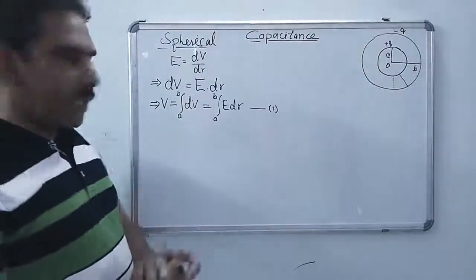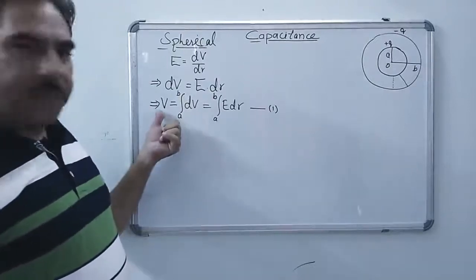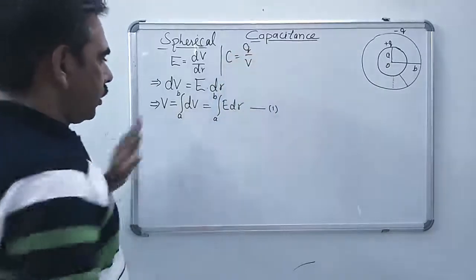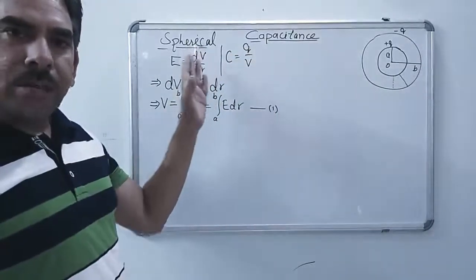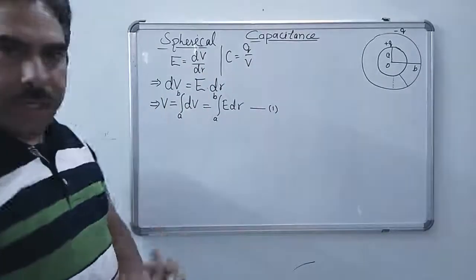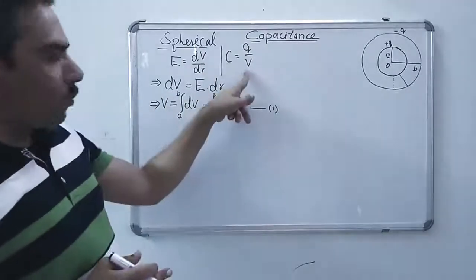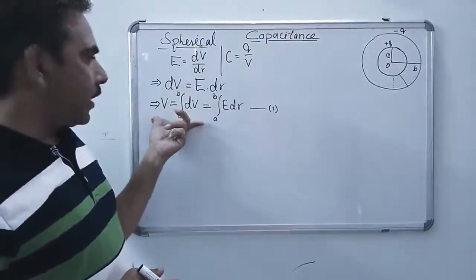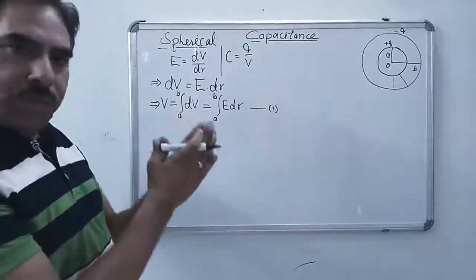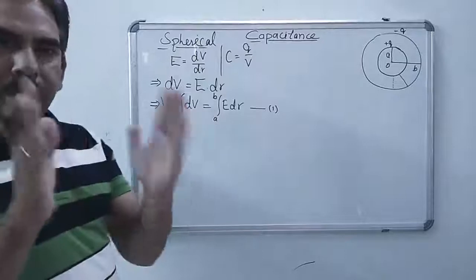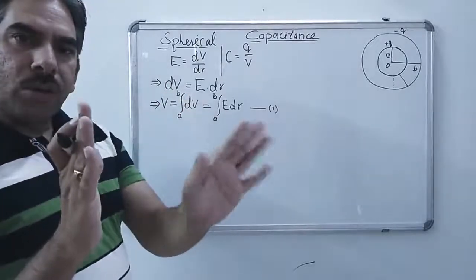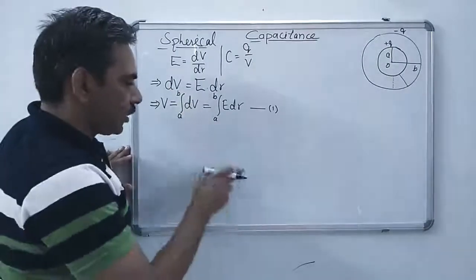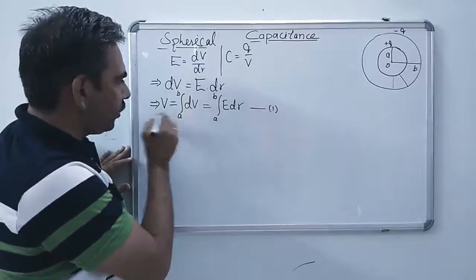Here, we have to find this potential difference. Then we can substitute the value in C is equal to Q upon V, as we did in our earlier articles on the parallel plate capacitor. That's why we are finding V here. In the parallel plate capacitor also, we found V in the same steps, except that the electric field is different, and hence the potential difference will be different from inner sphere to outer sphere. However, in parallel plate capacitors, there is no such change in potential. So we have to include all the factors which amount to a change in potential difference.